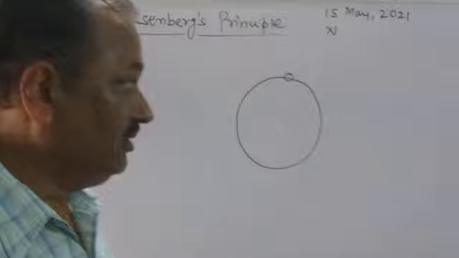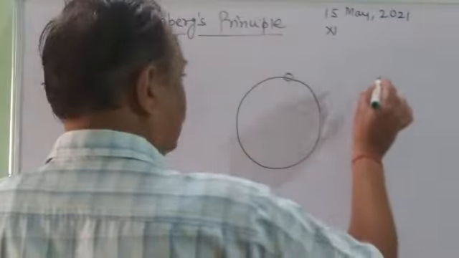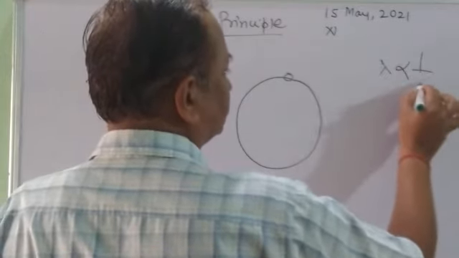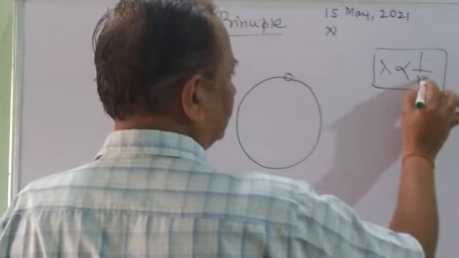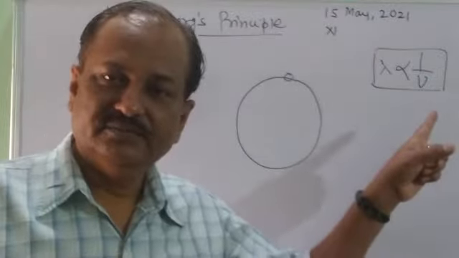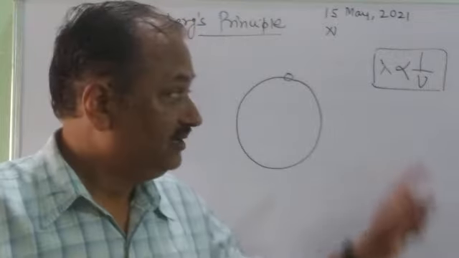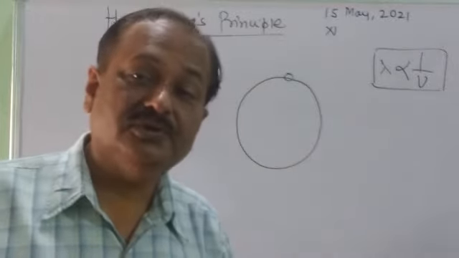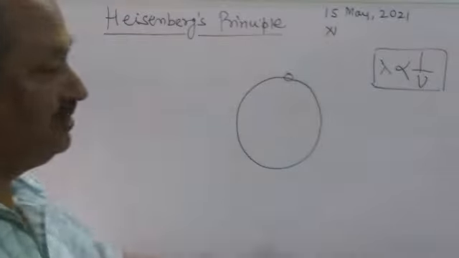Or you have seen in the spectrum that wavelength and frequency are inversely related. Wavelength and frequency are inversely related. It means if you use light radiations of a stronger frequency, what will happen? There will be a change in the position.